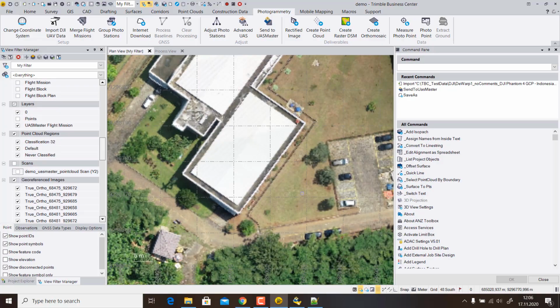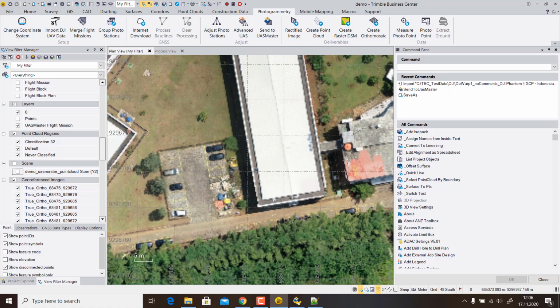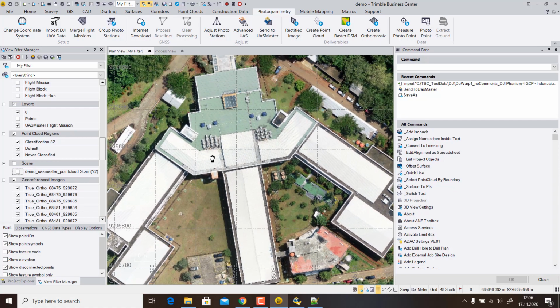But I think you see now the difference. There is no building cut off, and also the edge is correctly showing us the potential of the TrueOrthophoto, and therefore seeing the product quality of the TrueOrthophoto, which can be then imported into TBC. We hope you liked it, and it shows you the potentials of generating point clouds and mosaics with TBC